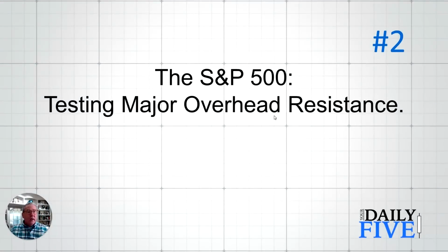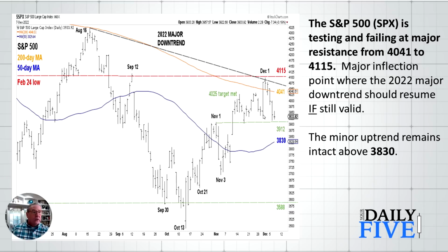Number 2, the S&P 500 testing major overhead resistance. So here we've got our chart of the S&P 500. It goes back, it looks like, to the middle of this year. And what we see here is that